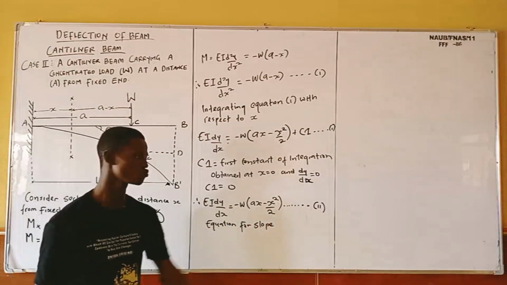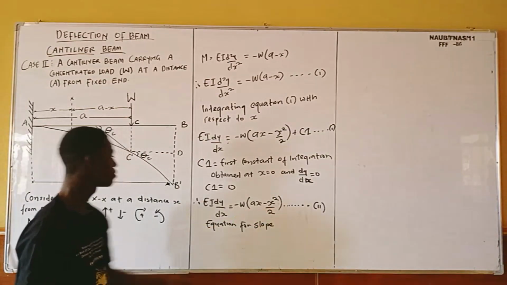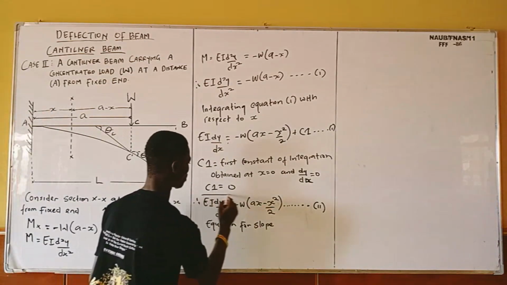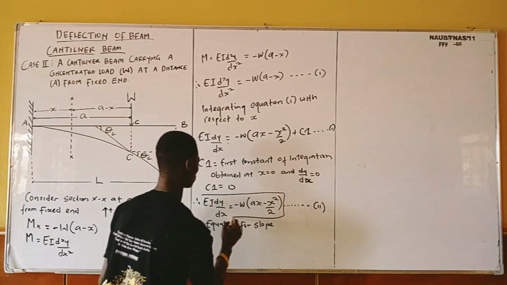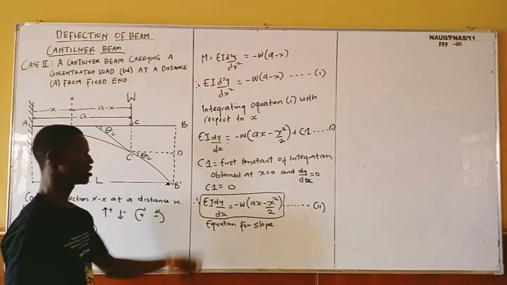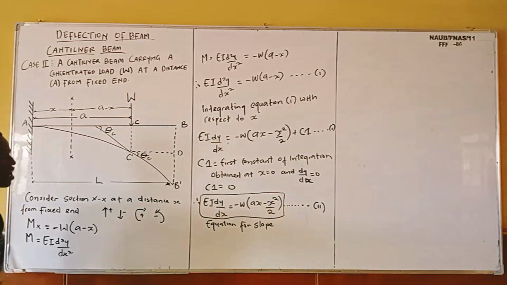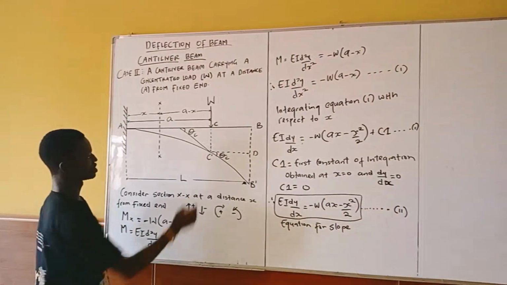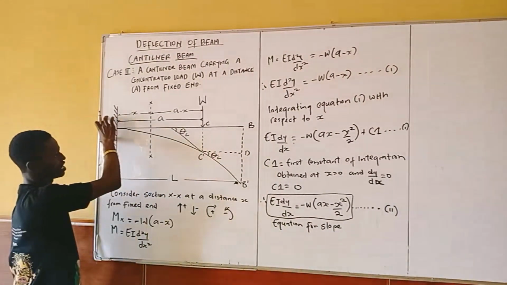This is my equation 2, and it's the required equation for slope at any section of this beam. Don't forget this one is minimum. So for me to have maximum slope, or slope at this point C, which is at the free end, where the load is placed,